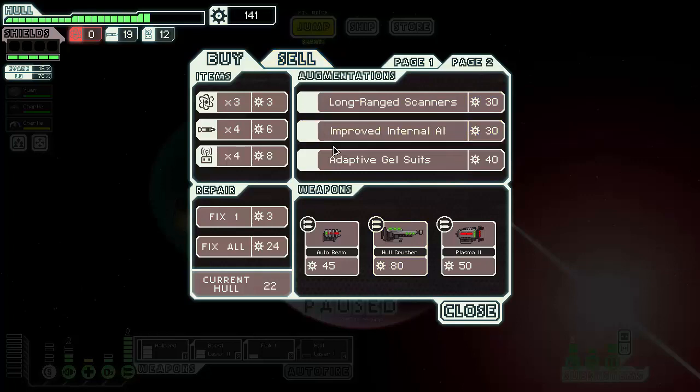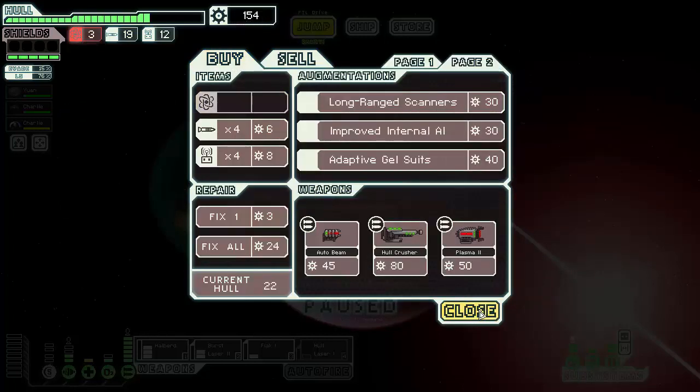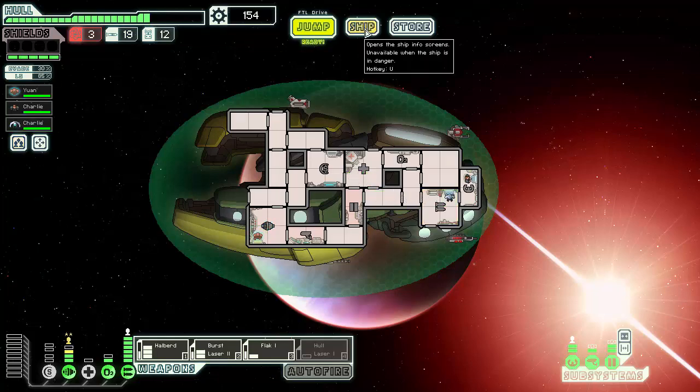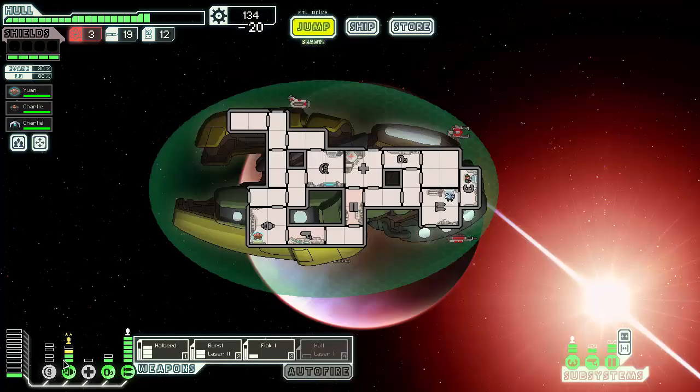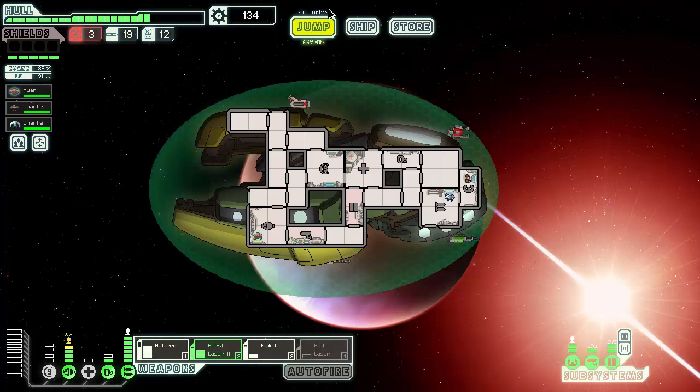Long range scanner is pretty nifty. Light scatter can go. Basic laser can go. We need to buy all of your fuel, which is a grand total of 3. And I haven't saved this. So power. Let's just check things out. Right? So we need one more because we lost the Zoltan. Right. We don't have another store here, which means